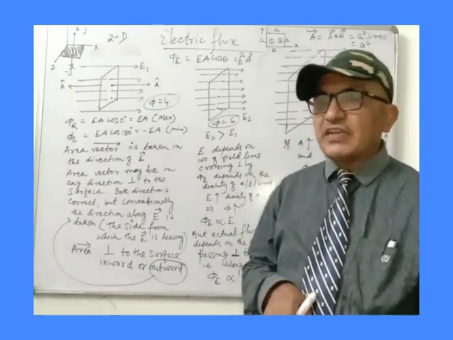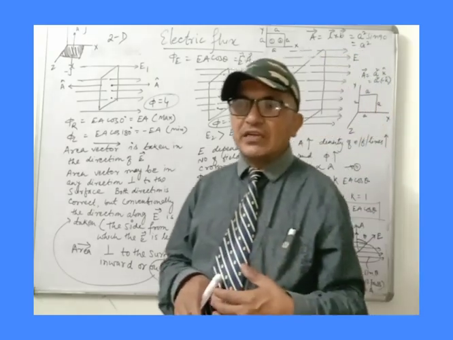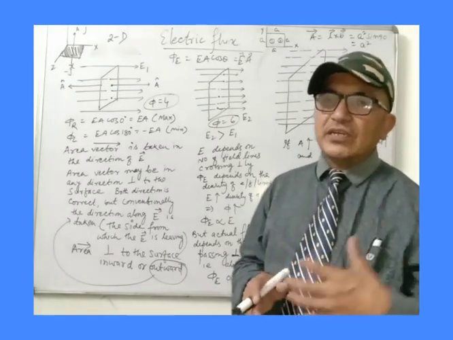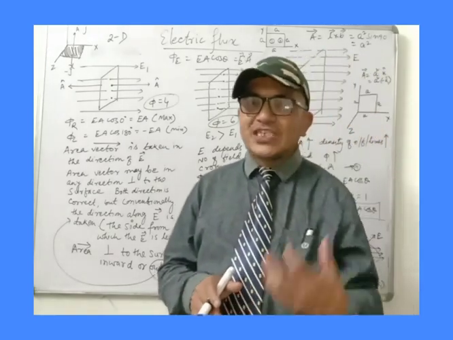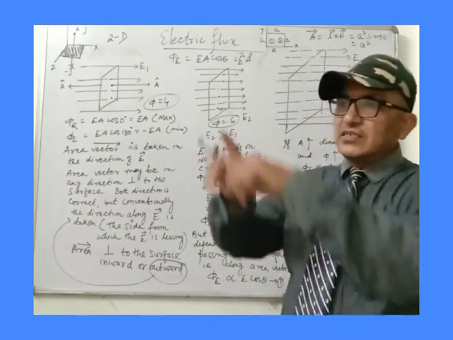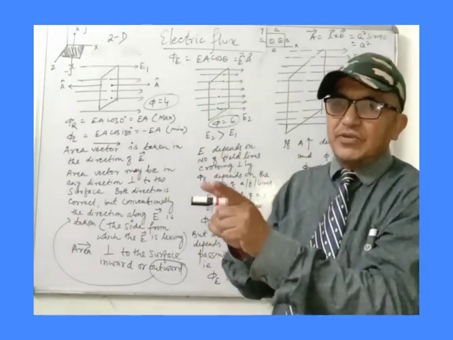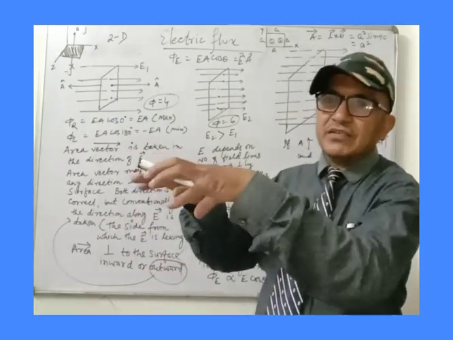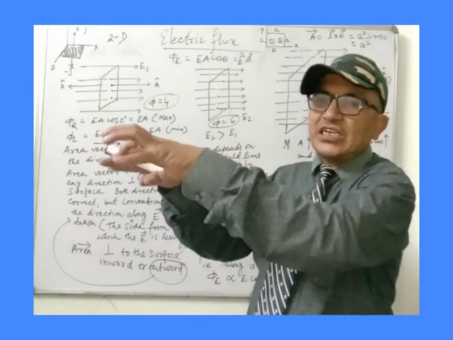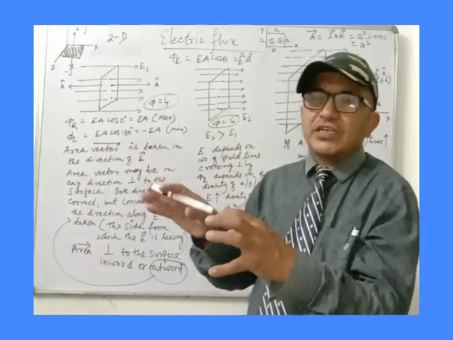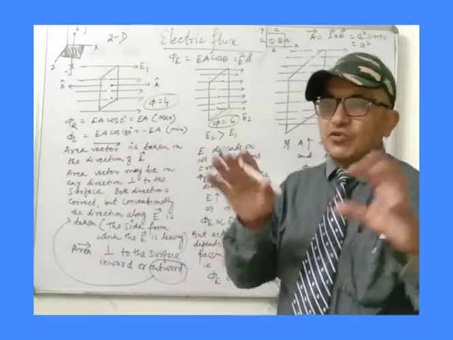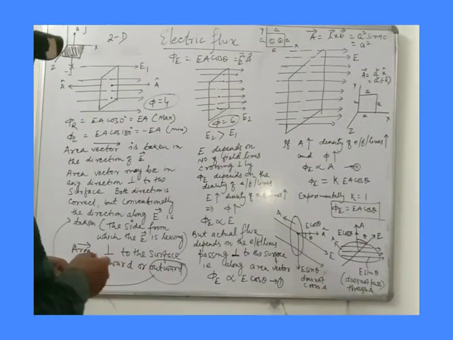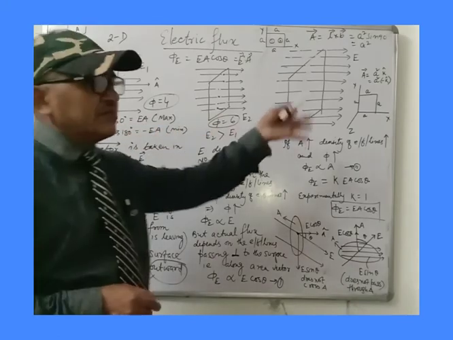Before this I had given the definition of electric flux: the number of field lines crossing an area perpendicularly is called electric flux. But actually what is that? It is the surface integral, which I will give you later when I discuss Gauss law. The surface integral of the electric field throughout the surface, how many electric field lines are crossing, that actually gives the electric flux. Here we will discuss the area vector, and some diagrams regarding electric flux.